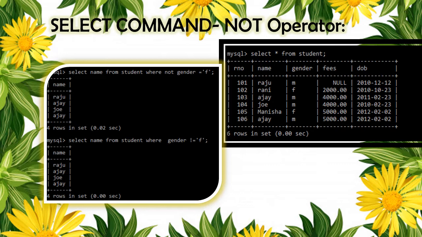So all male students' names are displayed. We can use not with column name equal to the value, or otherwise we can use the not equal to operator also. So where gender not equal to F can also be used. We'll get the same result.